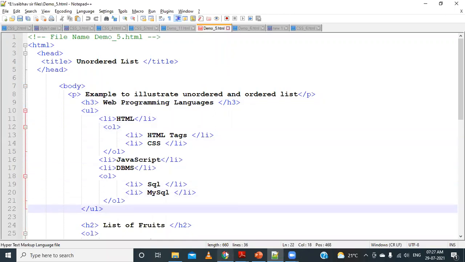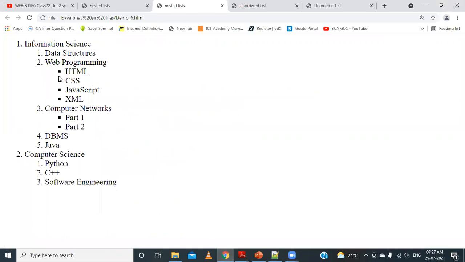If you observe, we have these list properties by default. It is taking a square bullet, and for the ordered list, it is taking the numbers like 1 2 3 4 and so on.